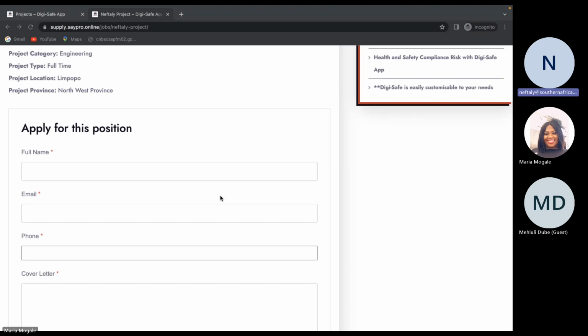This information will already be linked to DigiSafe Insight. So meaning once you capture here, as I go in and I review that information, all the information will already have been pre-populated. So meaning that as a health and safety officer or health and safety project manager, I don't have to worry about things that could be done from a contract, because I need a job, so I will do it, rather than for you as a host doing it. You can go ahead, Maria.